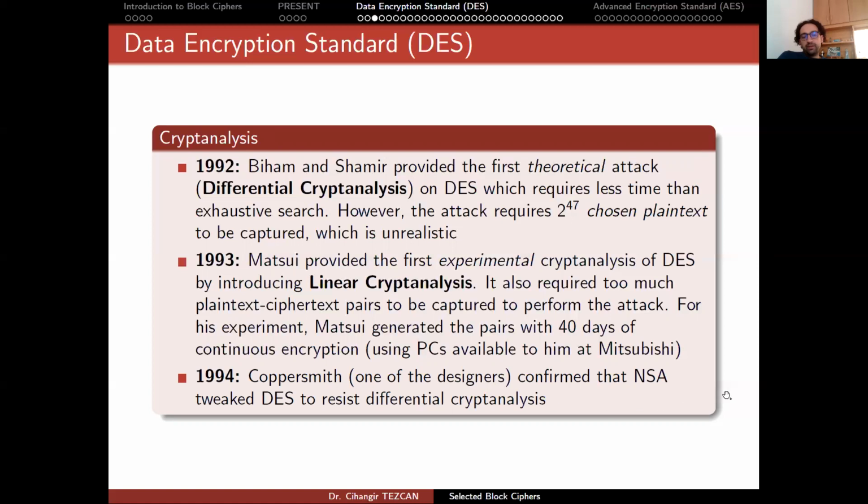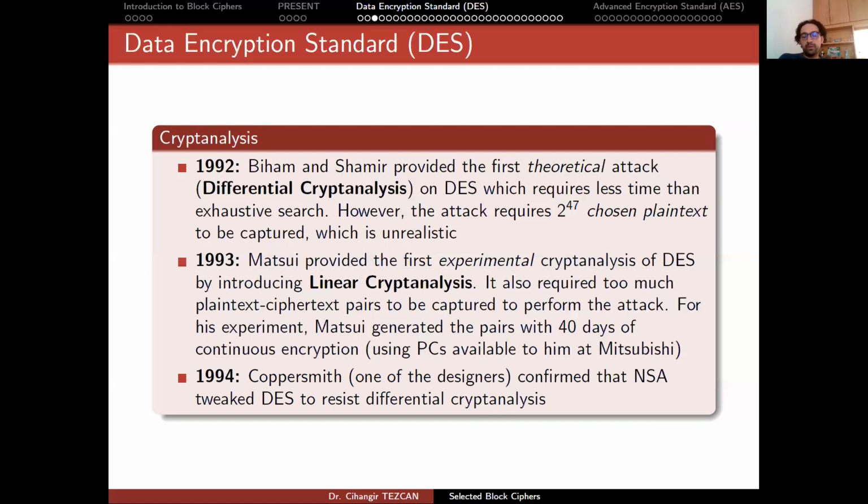Coppersmith, one of the designers of DES from IBM, confirmed that NSA tweaked DES to resist differential cryptanalysis. So this was the idea. The initial design of IBM had weak S boxes, and NSA knew the differential cryptanalysis technique, and they realized that they could not approve this algorithm for federal use, so they tweaked these S boxes and made it strong against differential cryptanalysis. So IBM wanted to check why the NSA made such a change, so they compared their S boxes and